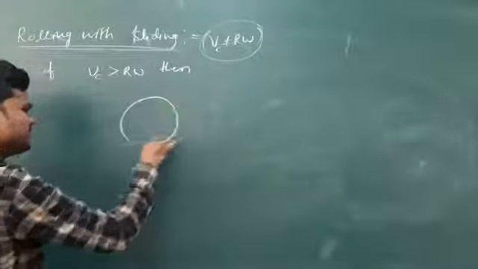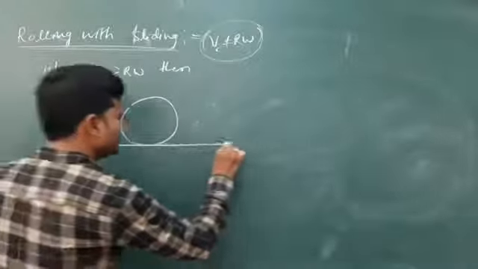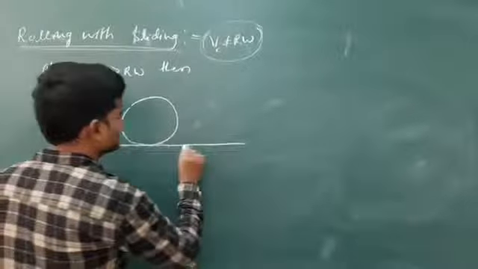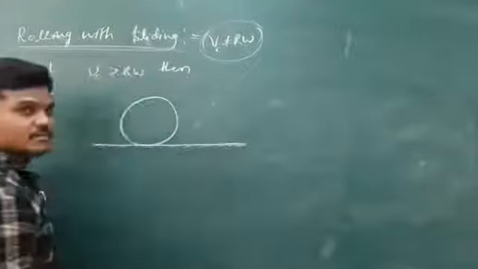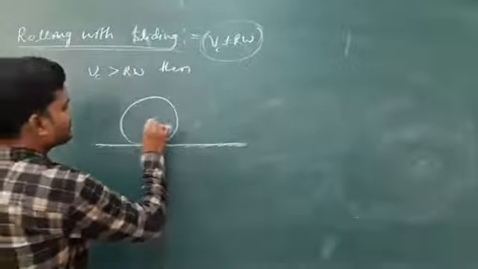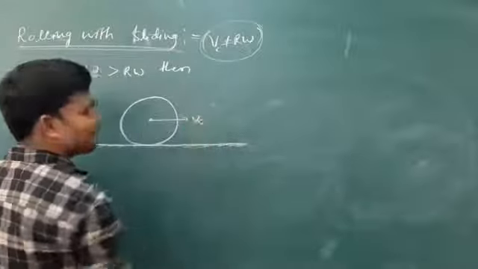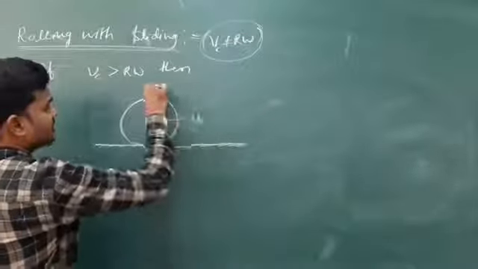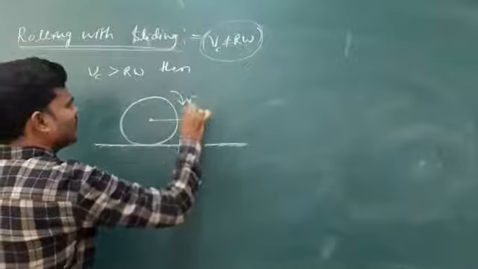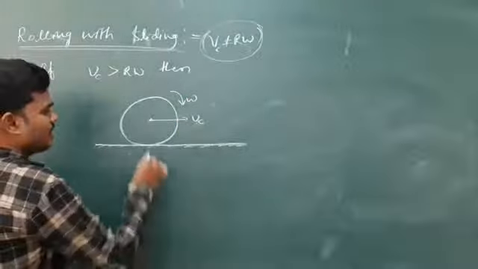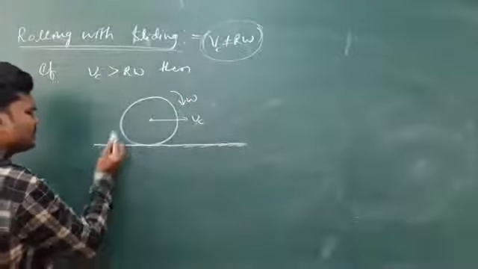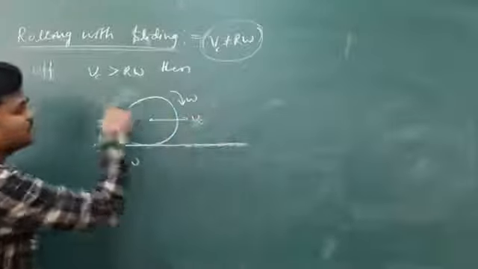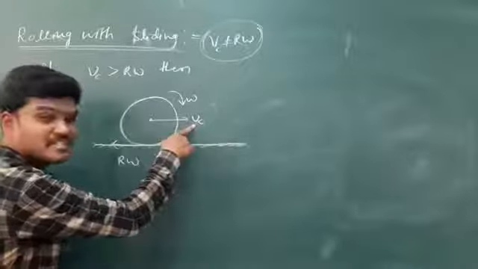See, this is the disk or any rolling object which is rolling on a rough horizontal surface with sufficient friction. I didn't apply any force. Here the linear speed is Vc, and due to this rotation the angular speed is omega, and this one is r omega. Vc is greater than this. Vc is nothing but translational velocity.